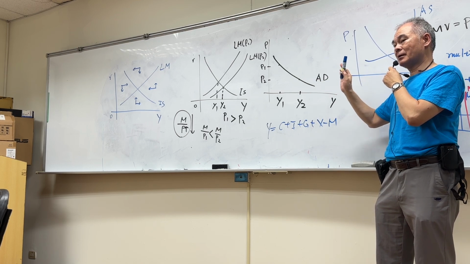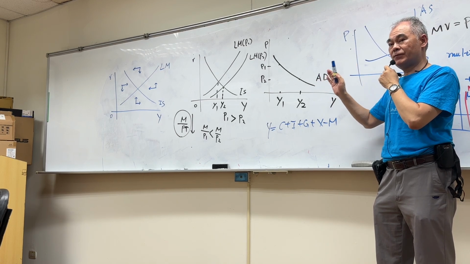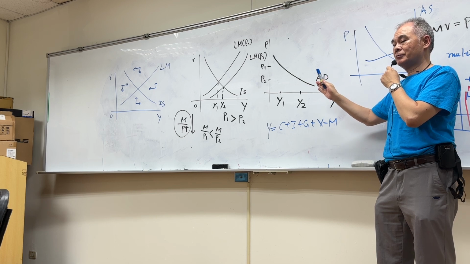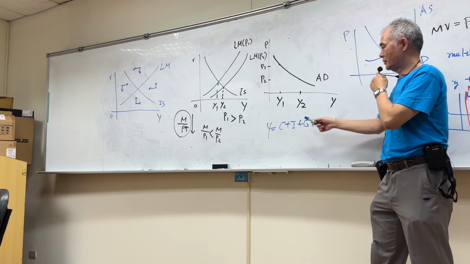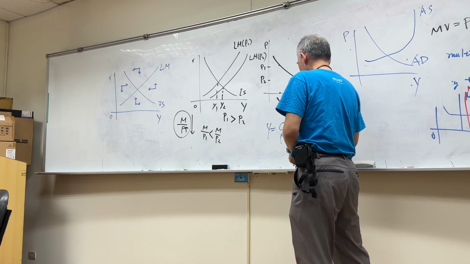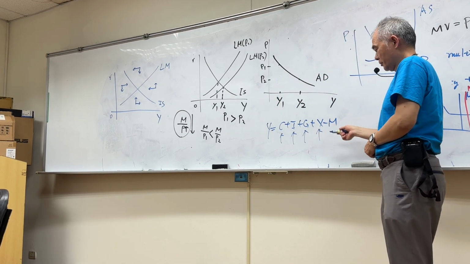Okay, let me repeat this again. If it is expansionary fiscal policy, that will shift the IS curve to the right. C goes up, I goes up, or G goes up, or exports go up, or